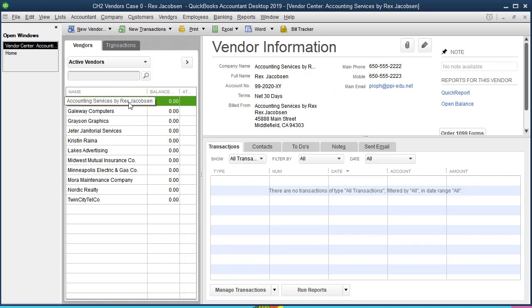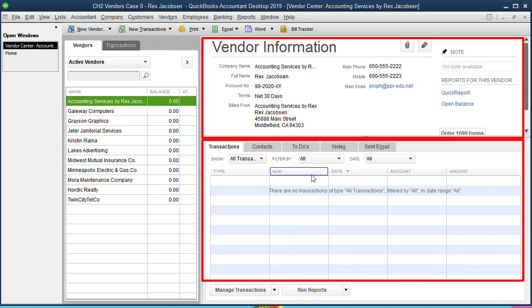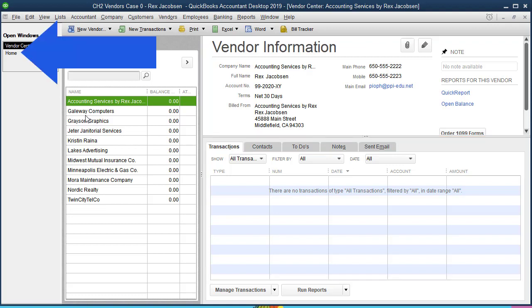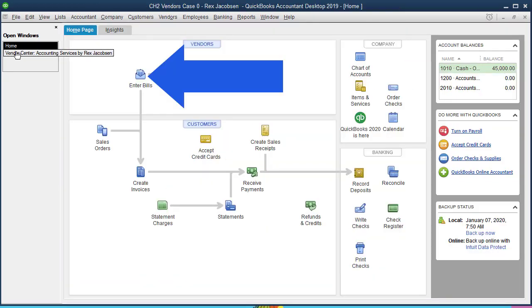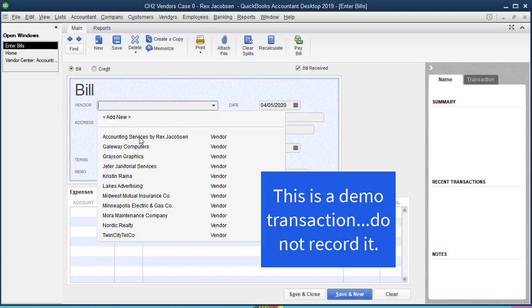So when I single click, since it's already selected, the accounting information, the vendor information is over here, and all the transactions we've ever done, which is 0, appear here. All right. So I'm going back to the home page and show you what that expense account to pre-fill means. Let's say I'm going to enter a bill, and this bill came from, you guessed it, Accounting Services